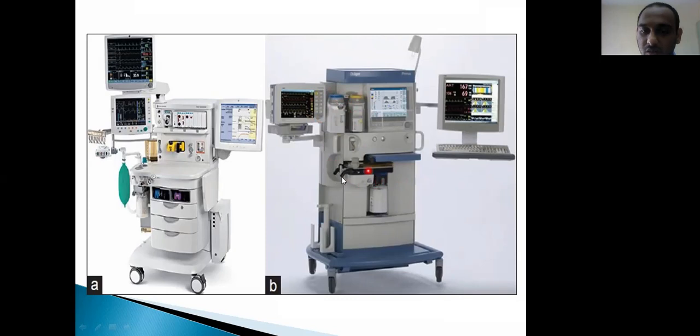When we are using the closed circuit, the expired CO2 from the patient will be absorbed here so that there is no CO2 rebreathing. These machines also have cylinders. They are attached at the back of the machine, but the primary source of gases for these machines will be the central supply, that is the wall mounted supply. These are the tubings that you see running throughout the hospital, which are provided in the OP as well, and the machines also have the cylinders as backup.